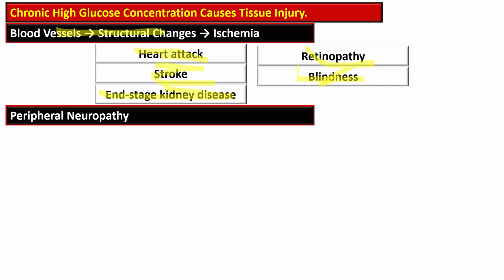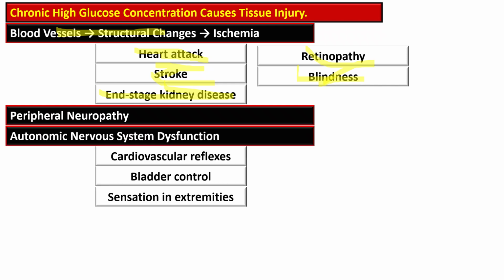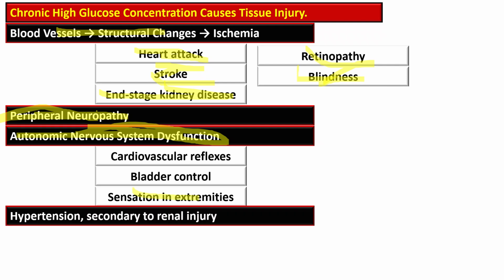There is also ischemia and gangrene to the limbs due to poor circulation, and then there is occurrence of peripheral neuropathy. There is impaired sensation, especially in feet and hands, increased risk of injury and infection that lead to ulceration, and autonomic nervous system dysfunction also occurs. So there are impaired cardiovascular reflexes, bladder control problems, abnormal sweating, and digestive issues, and then